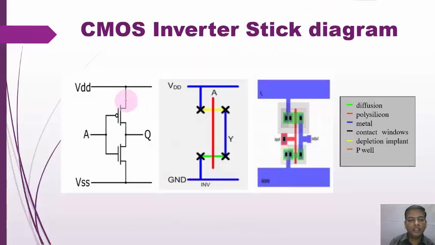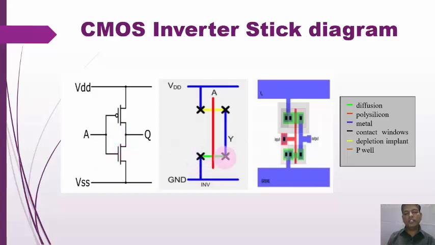Then the CMOS inverter stick diagram: PMOS, NMOS, input, output, VDD and VSS. So this is a very simple way to draw the stick diagram. Everyone can look here. As per the diagram we have to draw VDD and VSS. VDD and VSS we have drawn using metallic contacts, metal by blue color line. After that you have to draw the NMOS, initially you have to draw the NMOS structure.